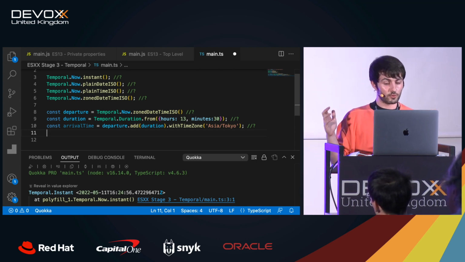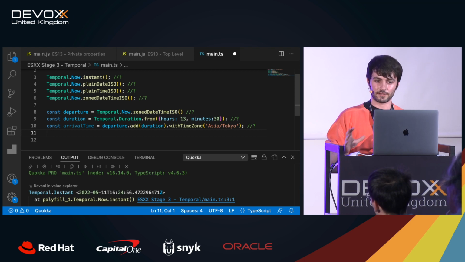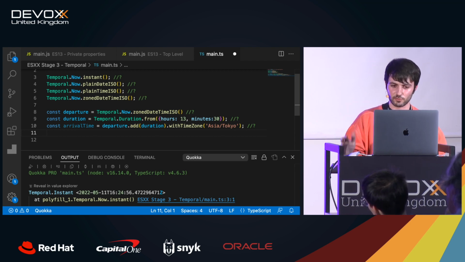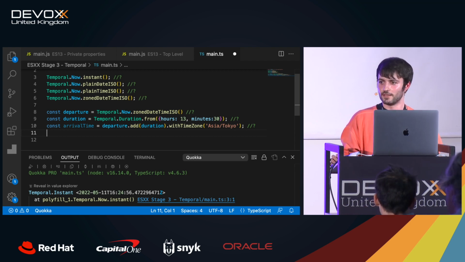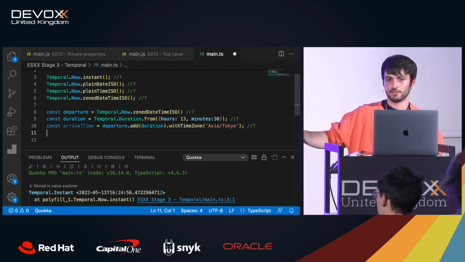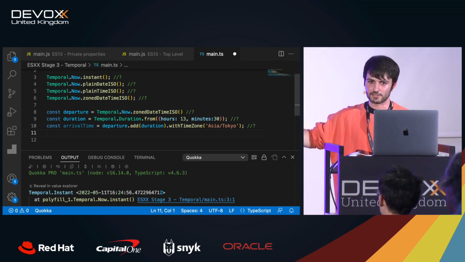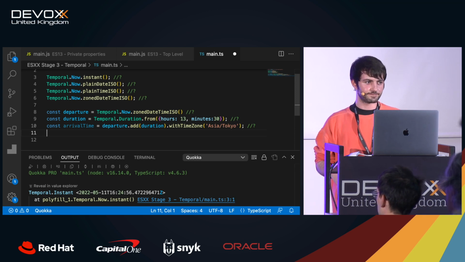It has really good documentation. It has a really good cookbook. It's super interesting. The documentation is super straightforward and really easy to read in case anyone is interested. At the end of the session, you will have a QR code with all the resources that I will be mentioning along the talk.